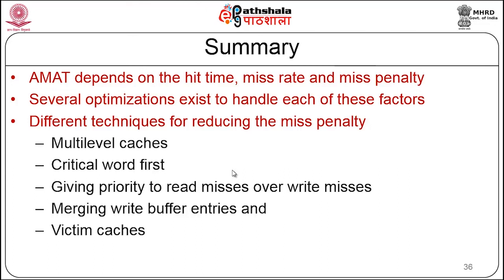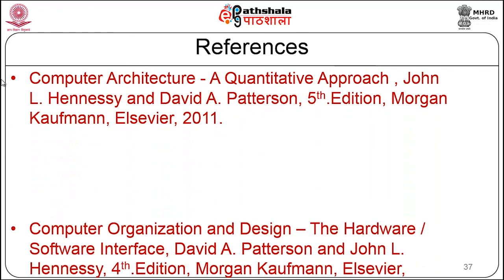The next one is optimizing on the write buffer entries itself, how you can effectively use the limited number of write buffer entries that are available and how you can optimize on the transfer time. That is the merging of write buffer entries. And the last one, of course, is how you minimize the penalty with a victim cache for caches with lesser associativity, particularly useful for direct mapped caches, because direct mapped caches have very low associativity, and that is where you will have a lot of conflict misses happening, and because of that you may have to do a lot of thrashing. These are the references.